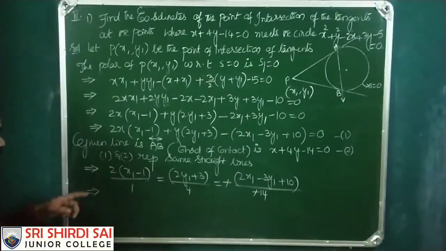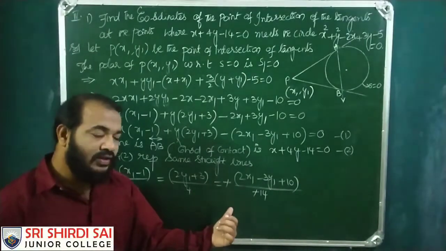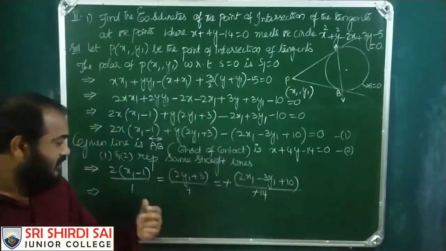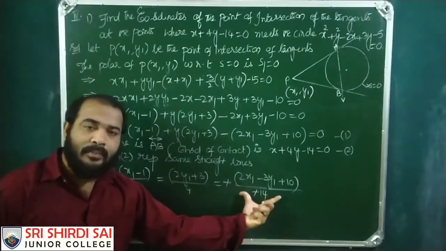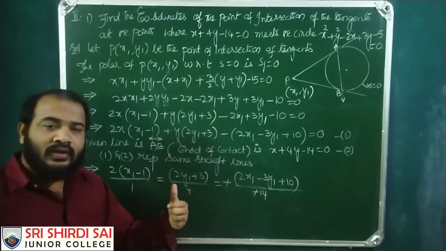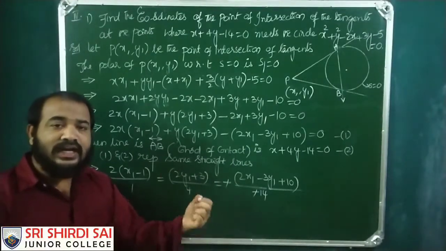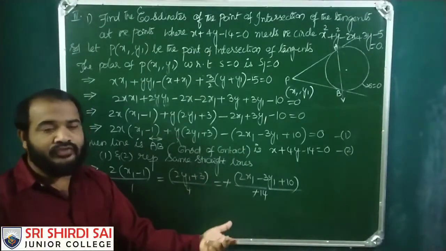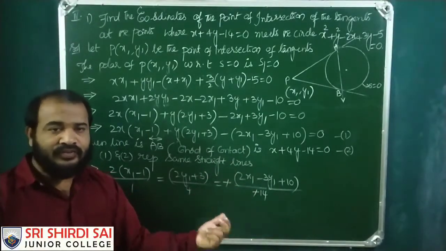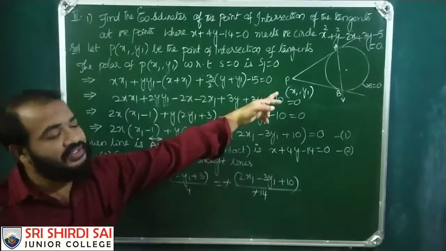So first and last you compare, then we will be getting one equation in terms of x1, y1 and constant equals to 0. Similarly, second and last if you compare, then again x1, y1, constant is equals to 0 we are getting. So we are getting two simultaneous equations. Then if you solve these two simultaneous equations in x1, y1, we will be getting the point of intersection P(x1, y1).